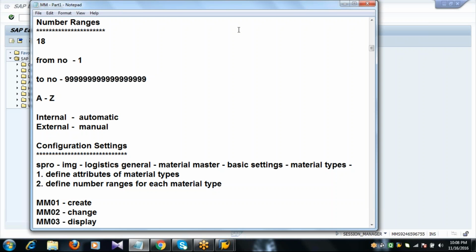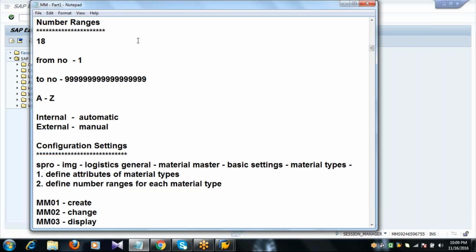Here SAP has provided a limitation to maintain the number ranges. The maximum number of digits or alphabets or alphanumeric characters allowed is 18.